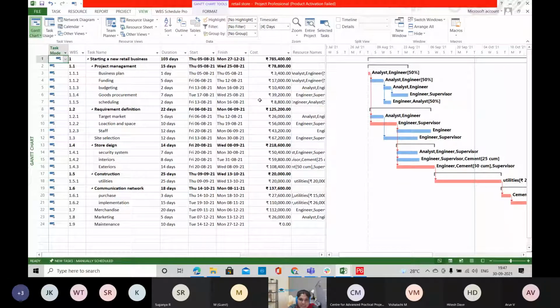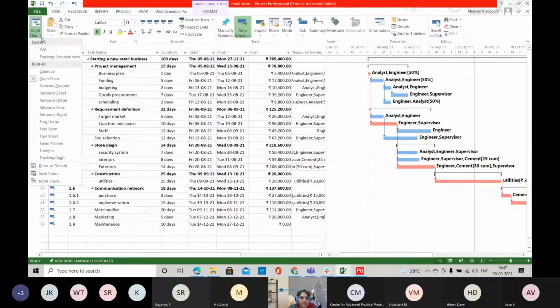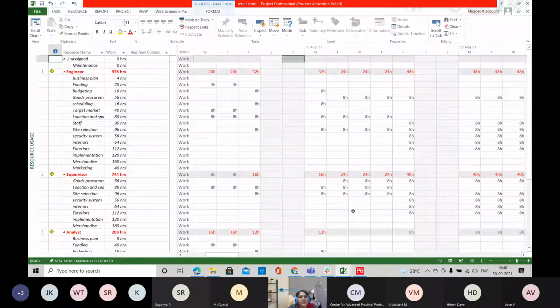After assigning these resources, we can make some resource analysis using the resource usage view. This is the allocation of your resources in a time scaled format in a spreadsheet. Here you can see on a particular day what resources are available, what task they are included in, and how much they are working.